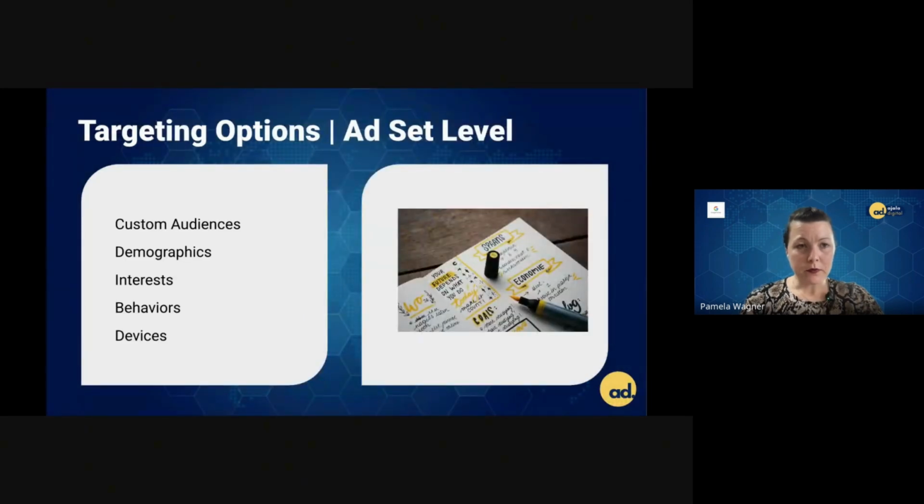Now, a couple of important aspects about the targeting options, right? In general, we can choose